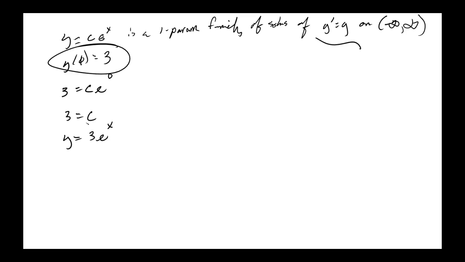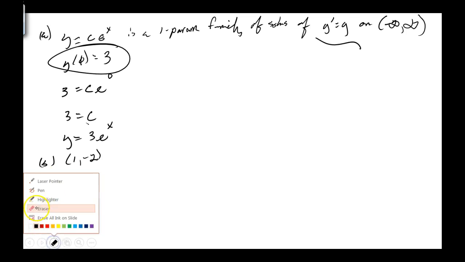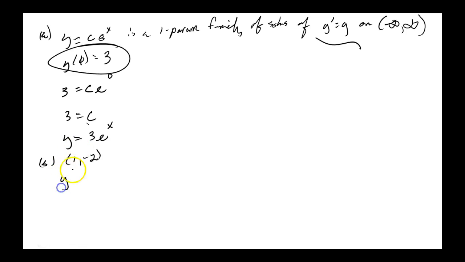So the B part, this is sort of the A part of the problem. Now if we demand that the solution curve pass through the point (1, -2) rather than (0, 3), then what we do is, -2 being the y value. Let me write it in here a bit more generally. Okay. y(1) is equal to -2. That would then say that